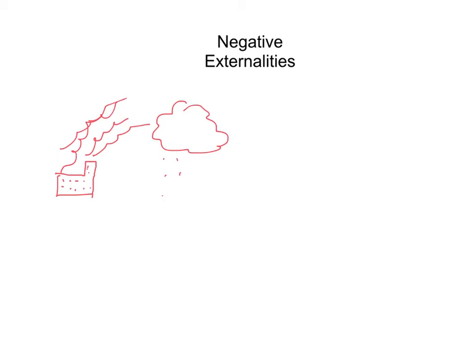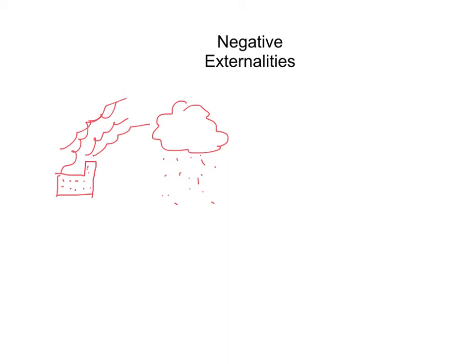So one example of a spillover cost might be, let's see if I can draw, this is a factory. These are some windows of the factory, so we're zoomed way out. And that factory has a lot of smoke coming out of it. Not the good house kind of smoke, but the smoke that causes smog and rain that burns through stuff, right? So pollution. Okay, pollution is a good example of a negative externality.